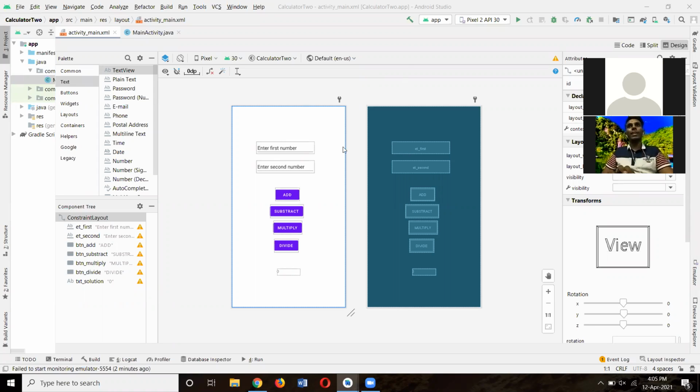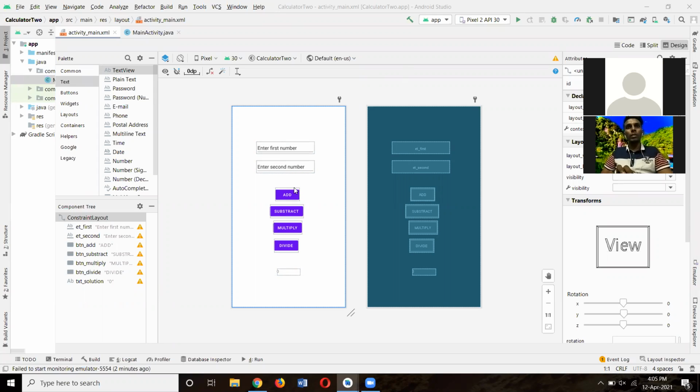This is Calculator 2. For Calculator 2, I used two plain texts, four buttons, and one text view. This is the input for the first number, and this is the input for the second number.